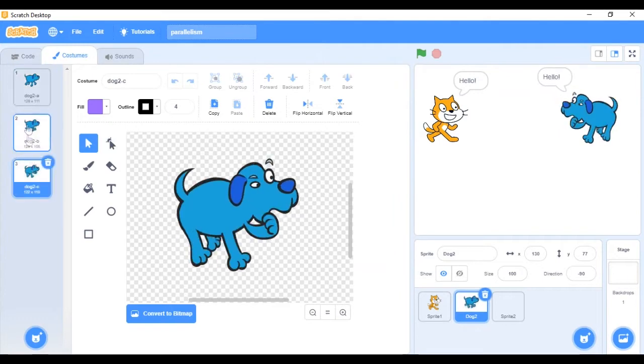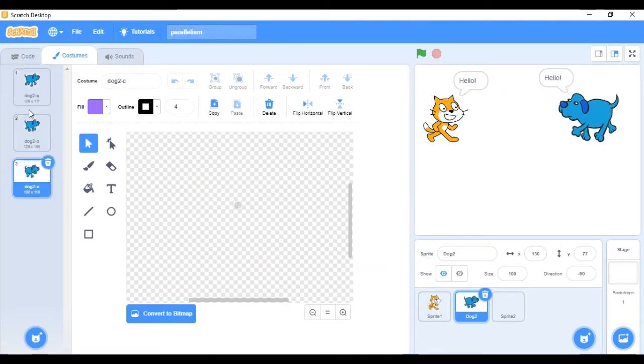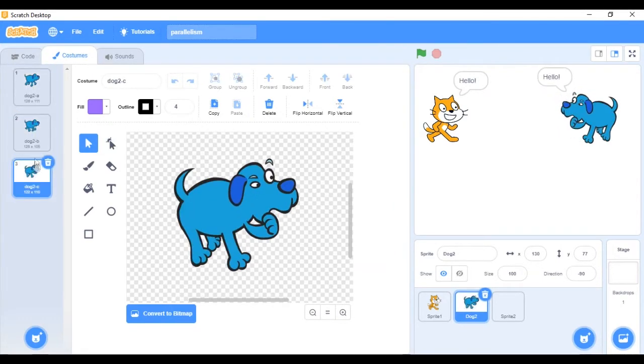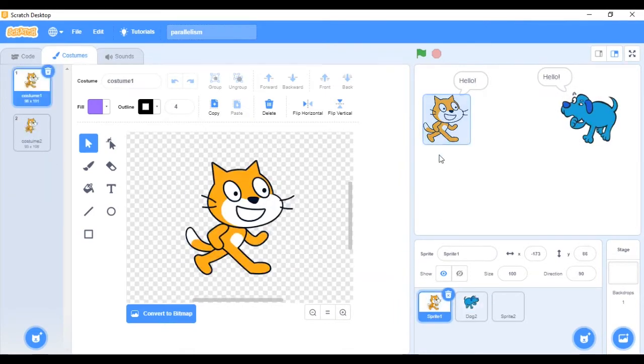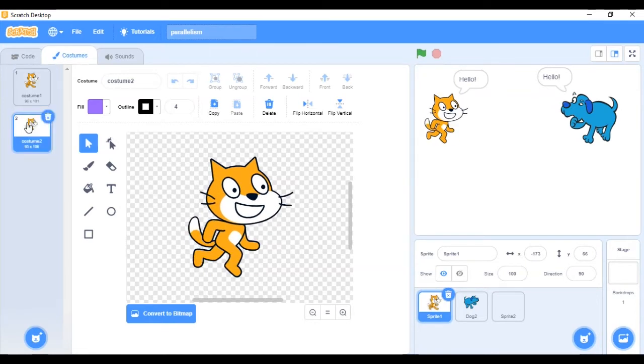As you can see, as I switch those costumes, it appears to be live, like some action is happening. If I click on the cat, it also has 2 costumes. So you can see if I keep switching, it looks like the cat is walking. So you use the costume to bring your characters to life so that it looks like a real